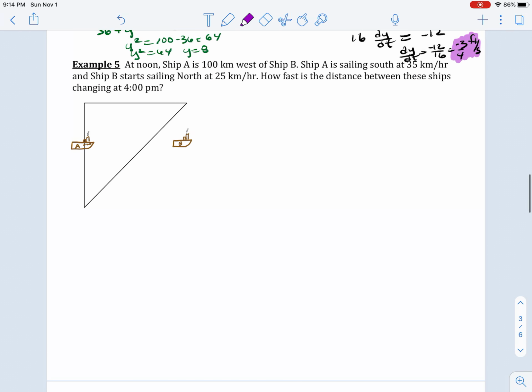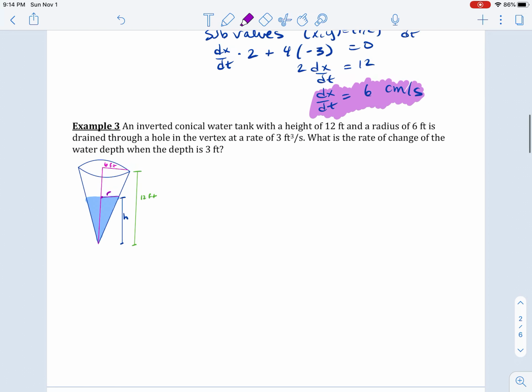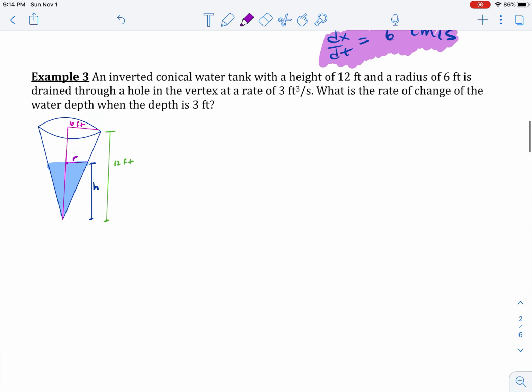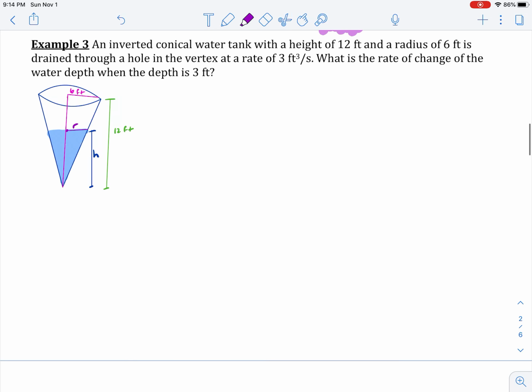and that's how fast the tip of the shadow is moving. All right. So do we want to do some planes, or do we want to do some ships, or do we want to do some cones? Let's do some cones right here, and maybe that might do it because I don't want to have a very long video, but I want to do some similar triangle kind of stuff to help you guys with setting up